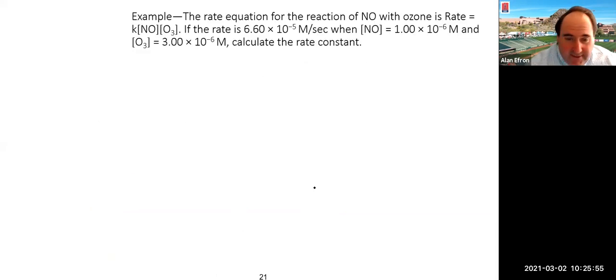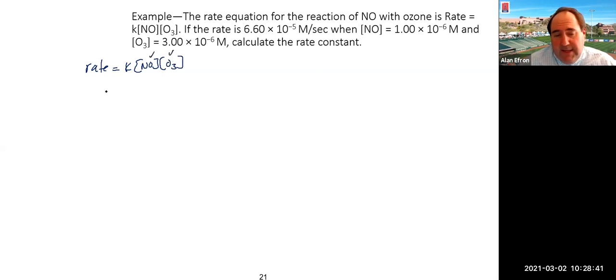All right, so take a second here. Why don't you do this one? The rate equation for the following: if the rate is 6.6 times 10 to the minus 5 molar per second, when NO is 1 times 10 to the minus 6, and O3 is 3 times 10 to the minus 6, calculate the rate constant. Here, they actually gave us the rate law, so that's a nice, easy first step. The rate is equal to k times [NO][O3]. And they gave us the rate and each of these concentrations,